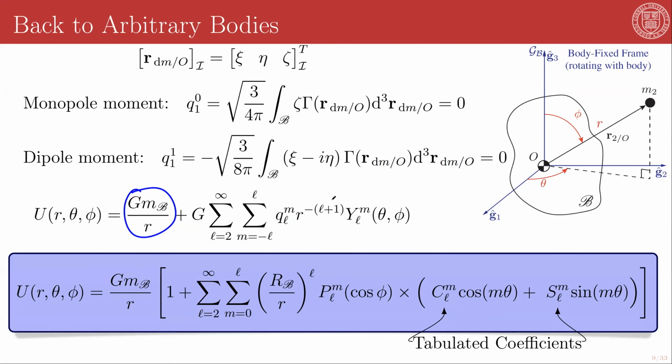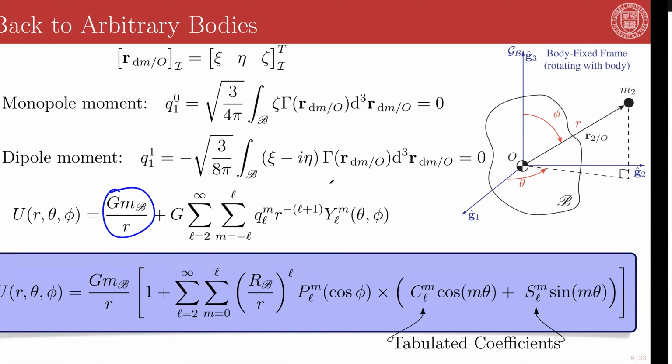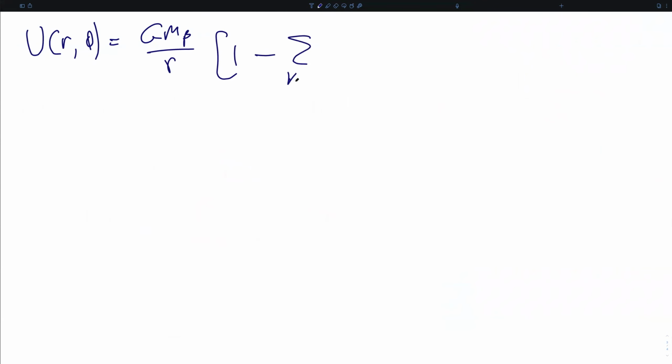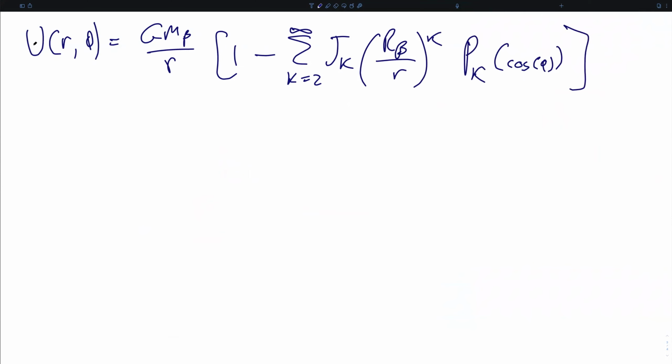If we briefly return to the specific case of azimuthal symmetry, you will recall that we had U of r, phi equal to GM/r times the quantity 1 minus the sum over the Jeffreys numbers from 2 to infinity of the equatorial radius divided by the orbital radius to the kth power times the kth Legendre polynomial in the cosine of the zenith angle. Compare this to the general equation, and remember that